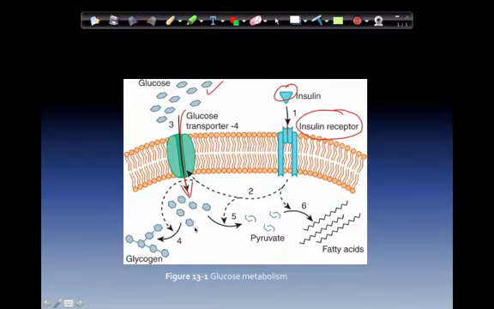Now, once this glucose is in the cell, we turn it into pyruvic acid and then essentially run it through the Krebs cycle to formulate energy. So this is a key component of our energy production inside the cell. We make about 2 ATP molecules without oxygen. Glucose is a major component of the energy formation of ATP.